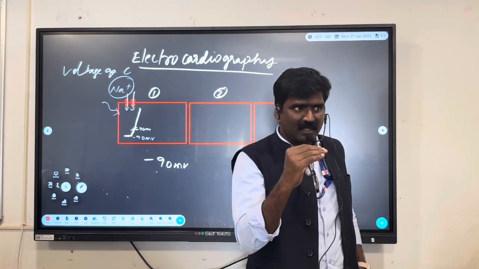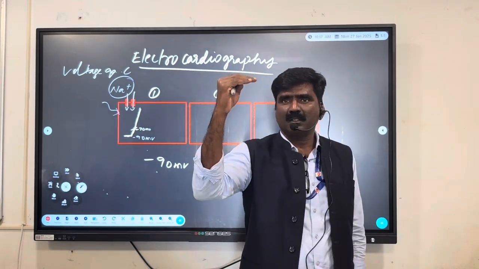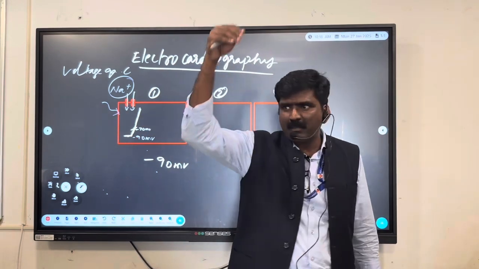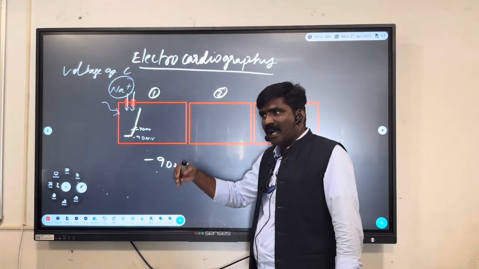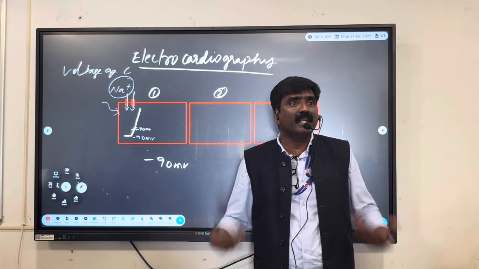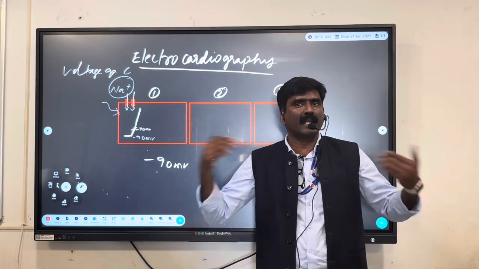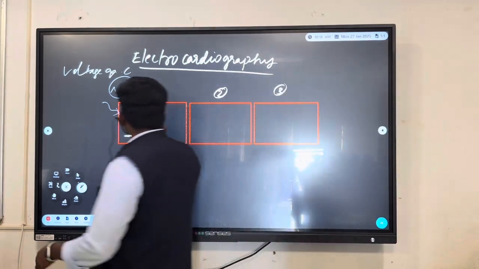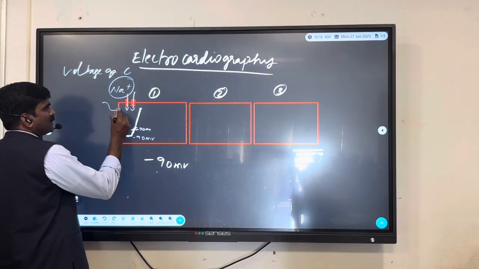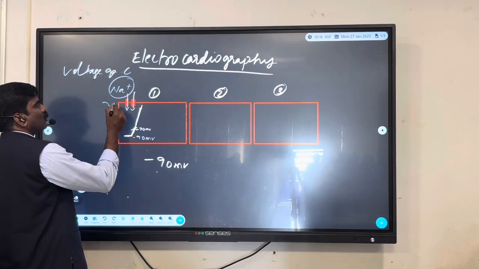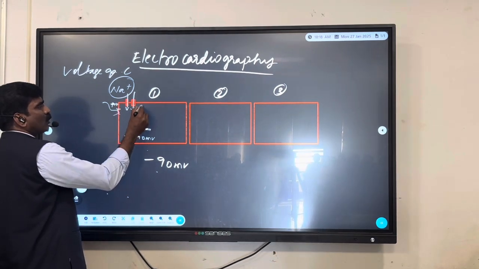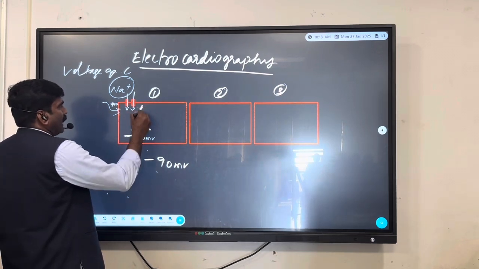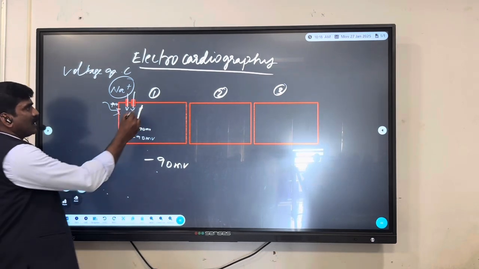When the resting membrane potential reaches the threshold potential, the sodium gated channels open, and more and more sodium enters the cell, and the cell becomes depolarized. Previously it was negatively polarized, now it is depolarized. When it reaches 0, sometimes it reaches positive also, plus 10 also, right? Sometimes it crosses beyond 0 also, right? And now what happens? At this point,